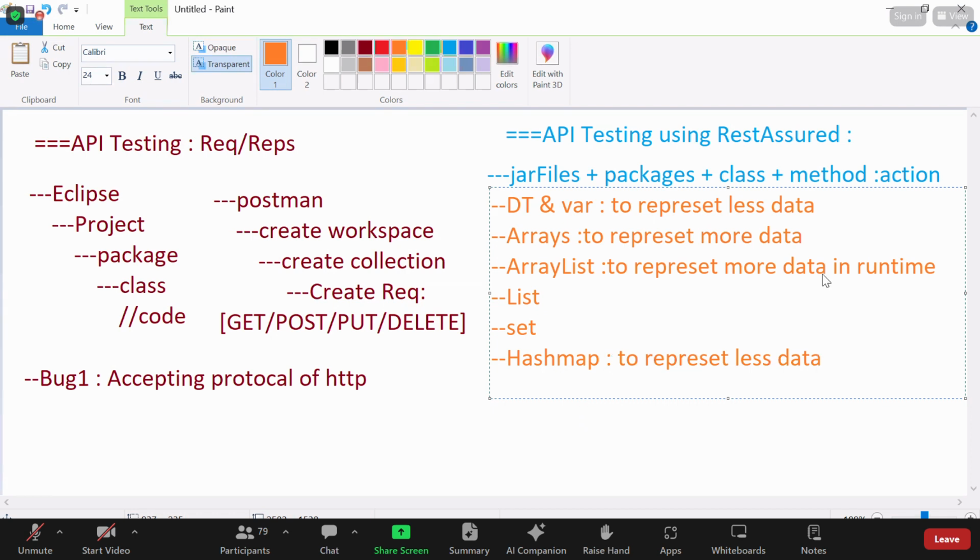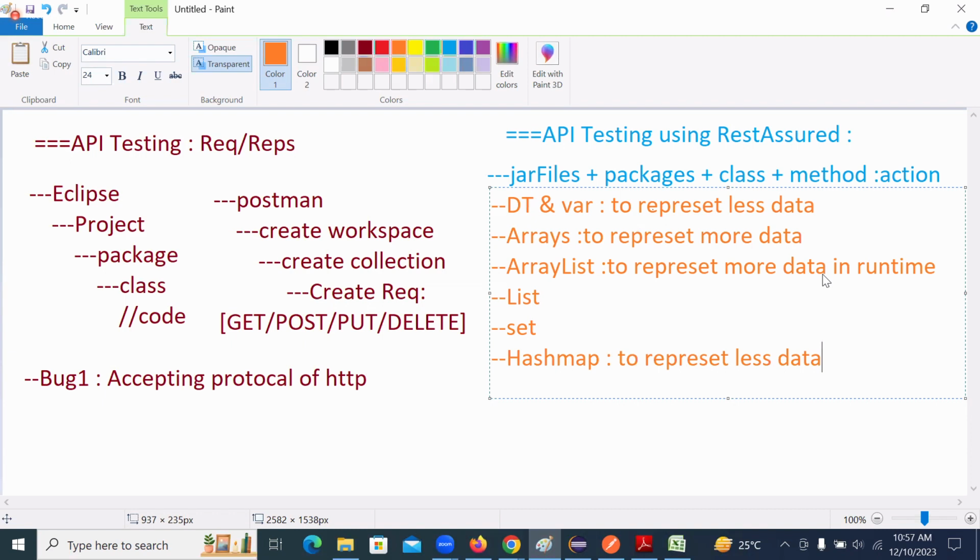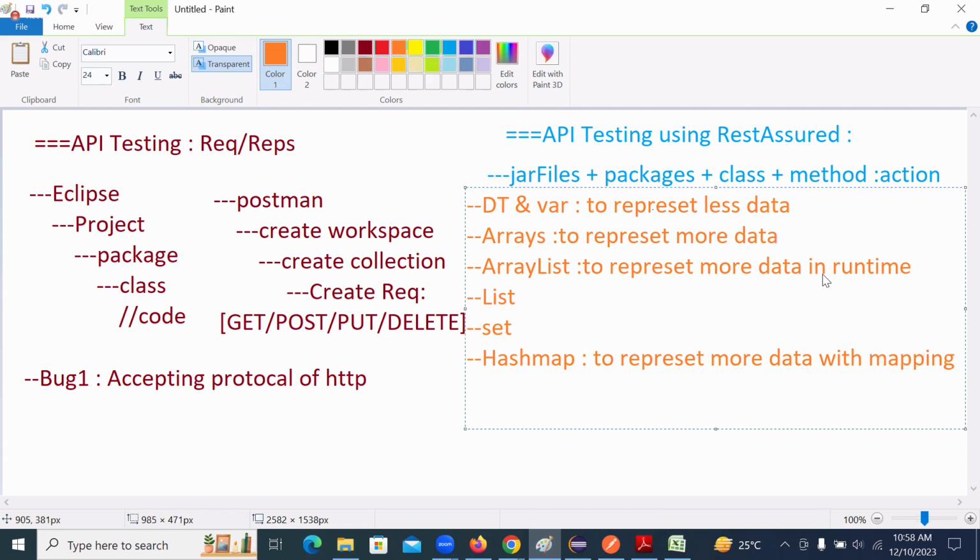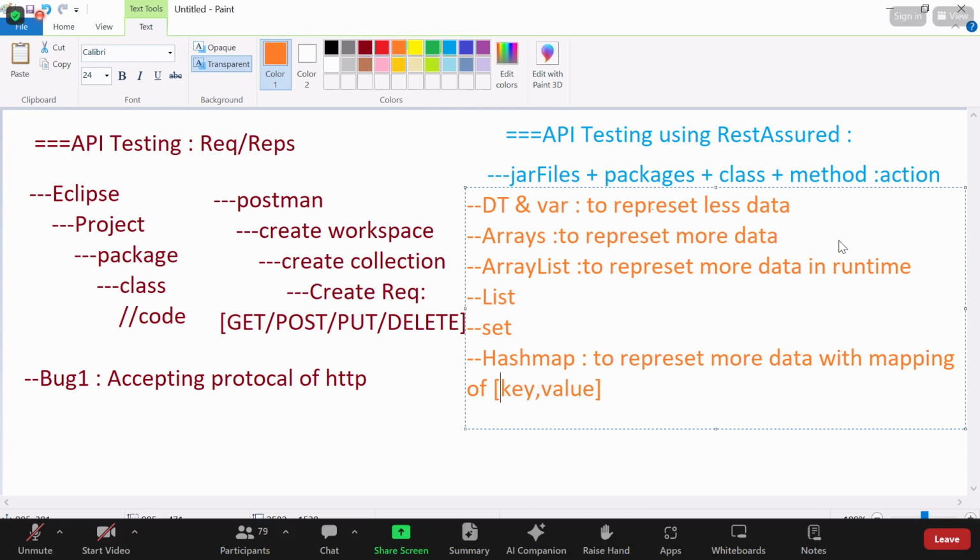The concept of hash map is to represent more data with mapping of key and value. So if I take this particular hash map, the concept of hash map,